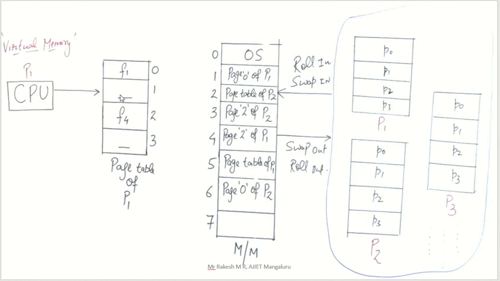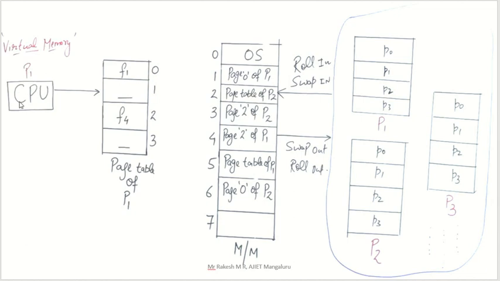So now consider when the CPU is asking for page 0 of process 1. That entry is there, it goes to the page table. Now the page table is searched, the frame number is F1, and that F1 is searched in your main memory. So F1 means frame number 1. There we have page 0 of process 1. So here we have the data, that is page 0 we have here. So that page is captured and sent to the CPU. That concept is called page hit. Page hit means that the entry is there in your main memory.